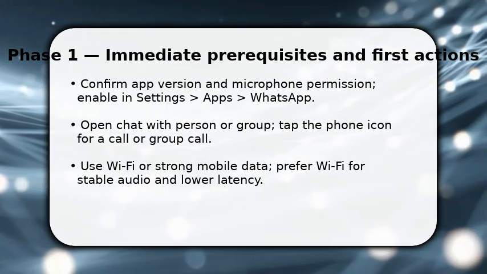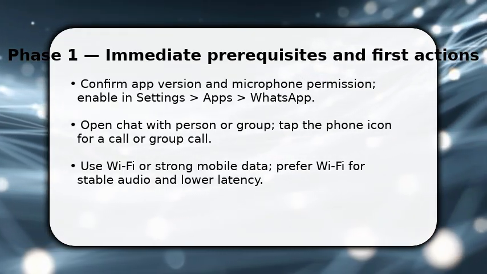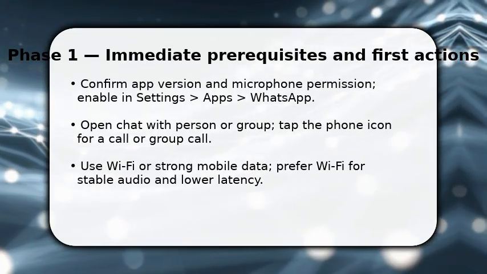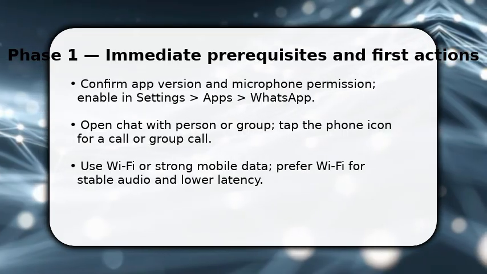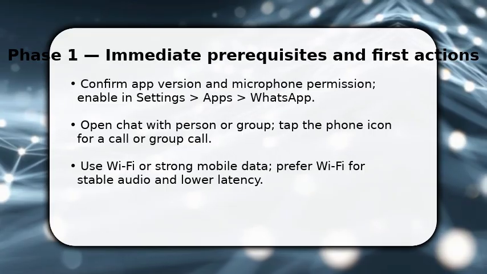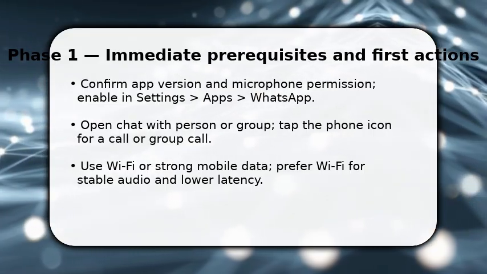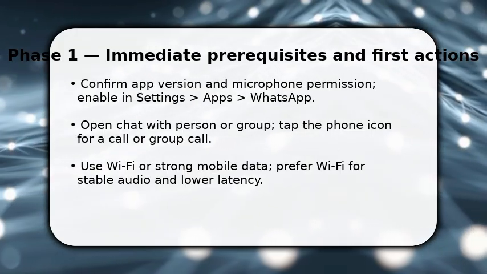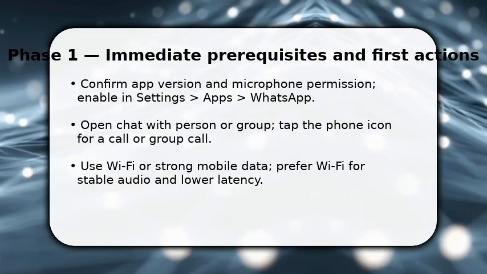First, check that WhatsApp has microphone permission and is updated. Open the chat for the person or group you'll call and tap the phone icon for a one-to-one call or the group call option. Make sure you're on reliable Wi-Fi or a strong mobile data connection because voice quality depends on bandwidth. Once you've started the call, you'll see on-screen controls: mute, speaker, and add participants, so you can manage